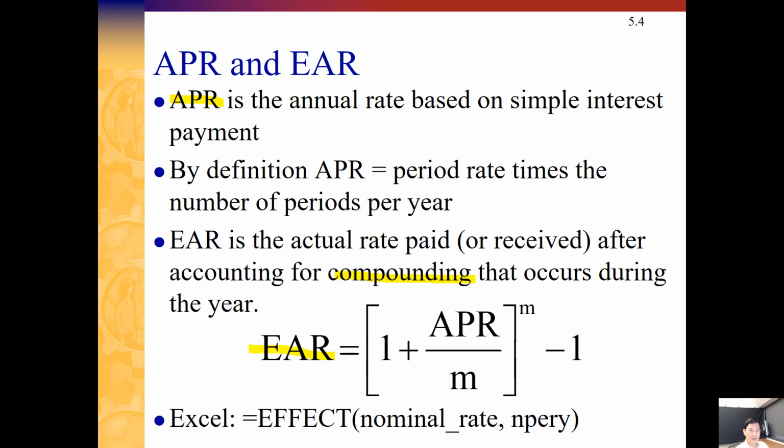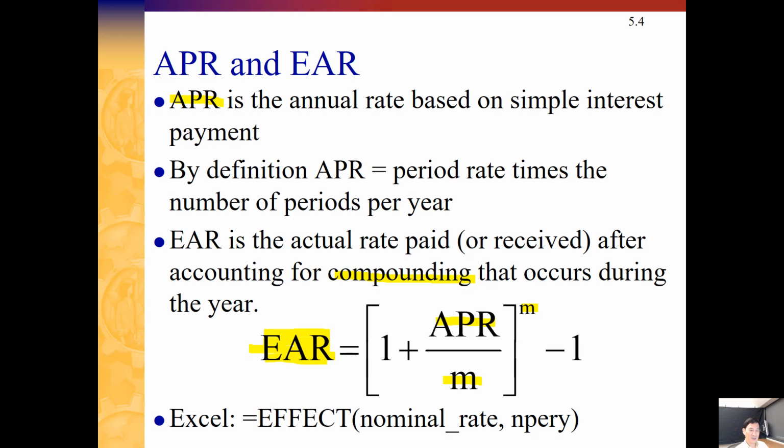So EAR is given as 1 plus APR, annual percentage rate, divided by the number of compounding periods, M. It is 52 if it is weekly compounding, and raised to the power of M, again the number of compounding periods, minus 1. So this gives you the actual rate of return